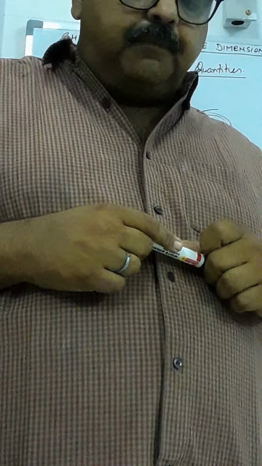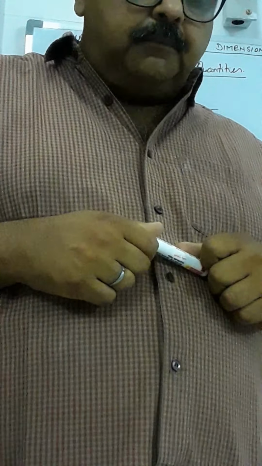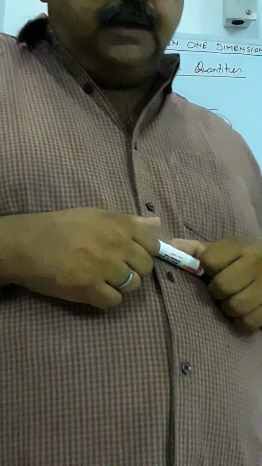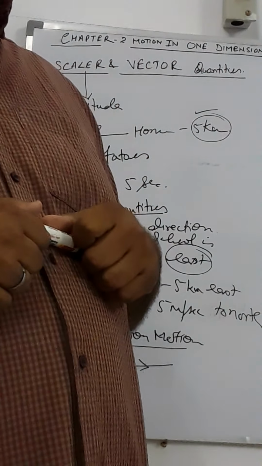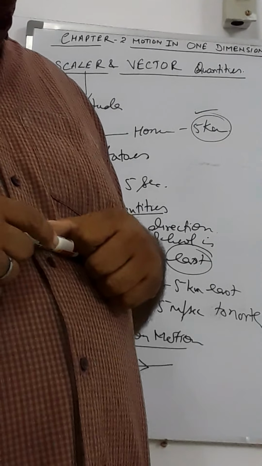If the body moves on a plane along a curved path, the motion is two dimension. For example, the motion of a train on a straight track is one dimension. A stone falling vertically down, one dimension. A car moving along a straight road, one dimension. It is also said to be rectilinear motion. In such motion there is no sideways motion.